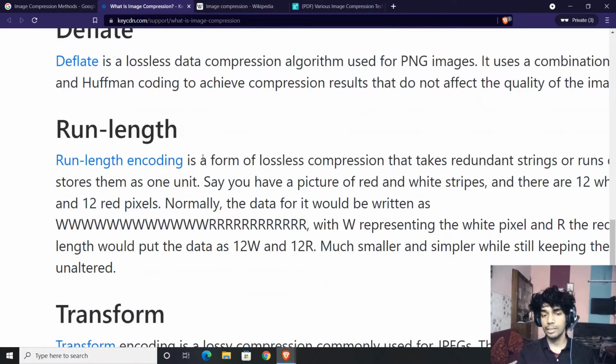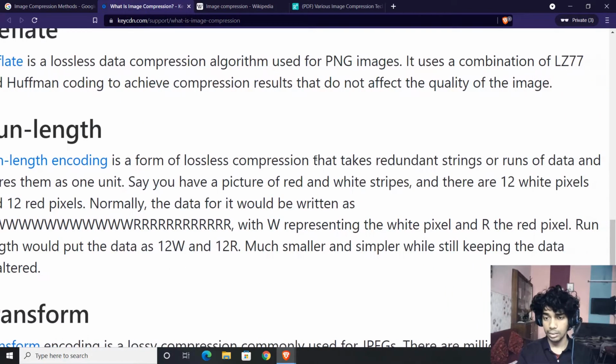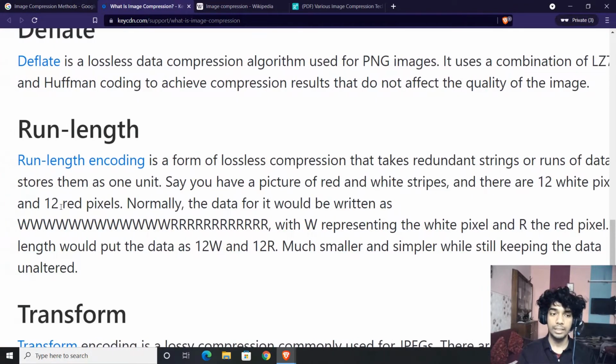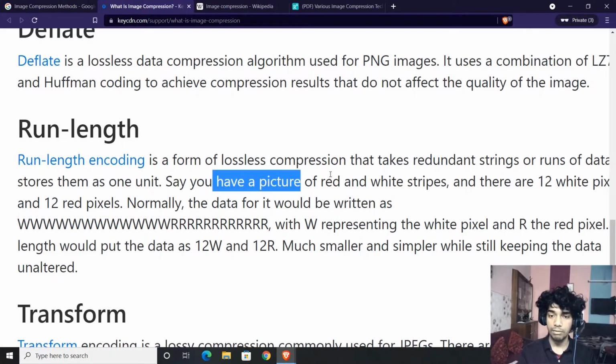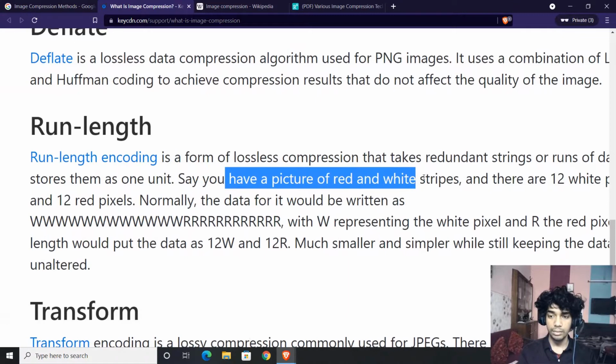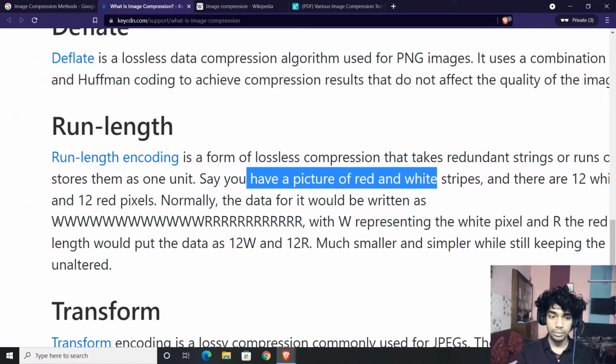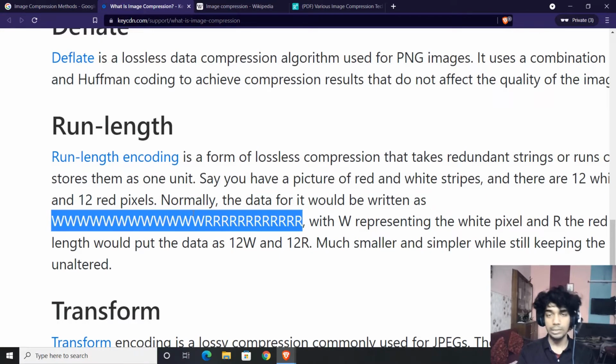Now run length encoding is a form of lossless compression that takes redundant things, strings or runs of data, and stores them as one unit. So you have a picture of red and white stripes. There are 12 white pixels and 12 red pixels. Normally the data would read like this, where W represents white. But why store so many W's and so many R's?